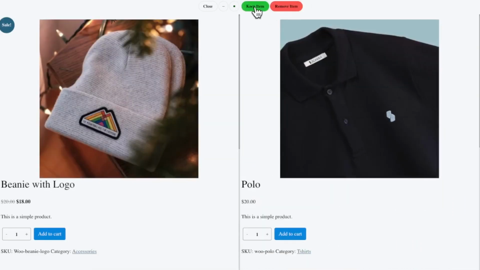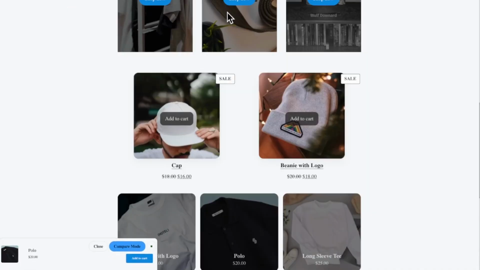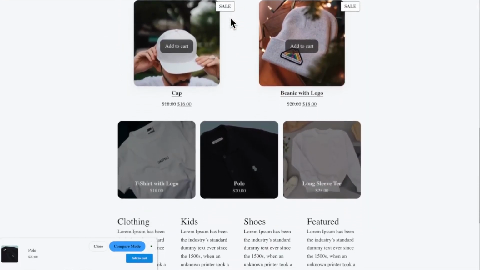And with my theme, you have dynamic shopping, which will make an experience that you just don't get anywhere else